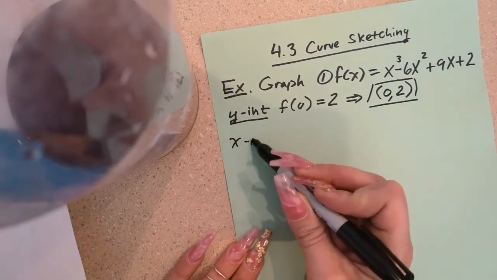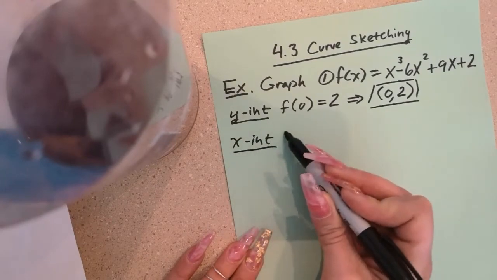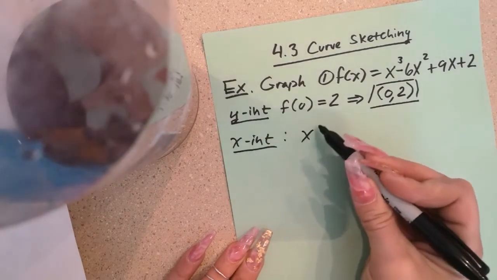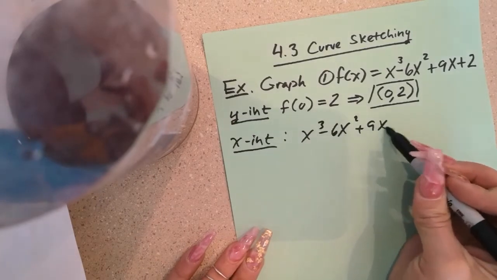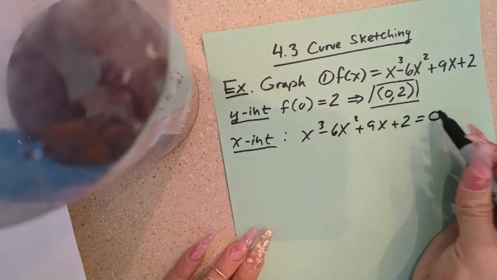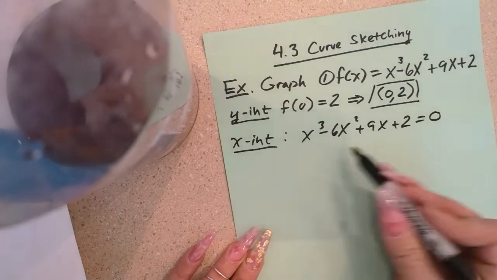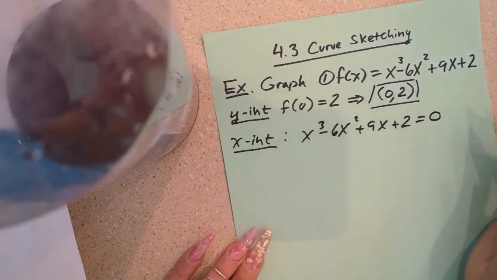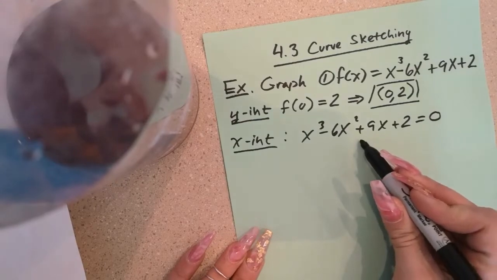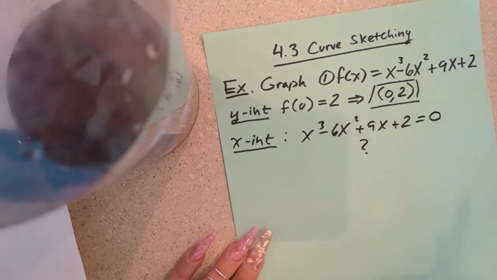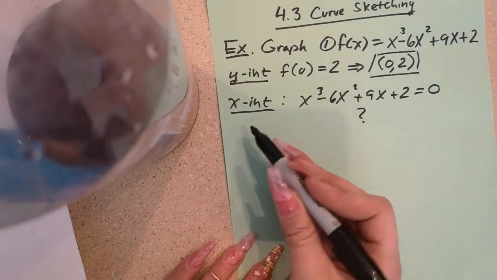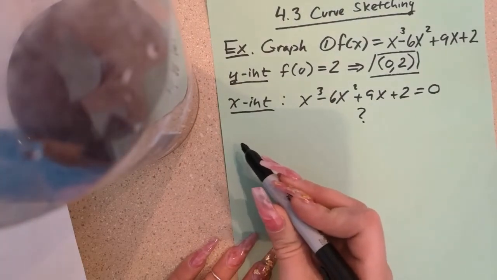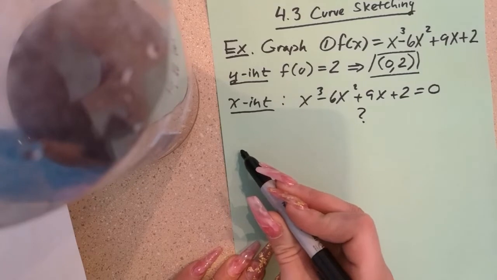Now, if I was to look for x-intercepts, I would be setting the y, or in other words, setting the whole equation to 0. In this case, because this expression doesn't factor, I don't have a simple way of solving this. So I'm going to see if I can create a graph without that information. So what's some other information I could find? What about